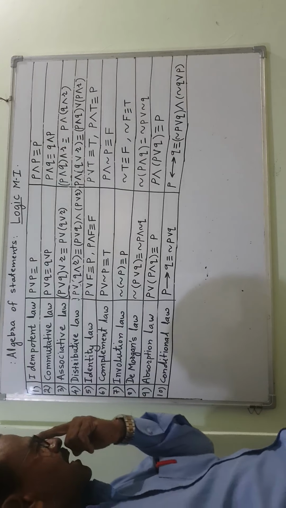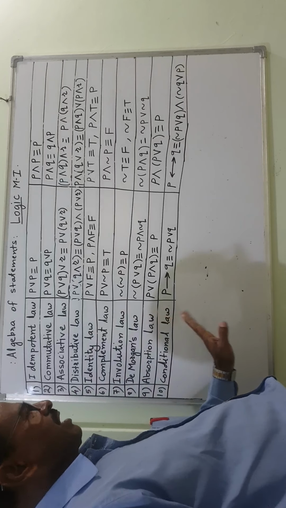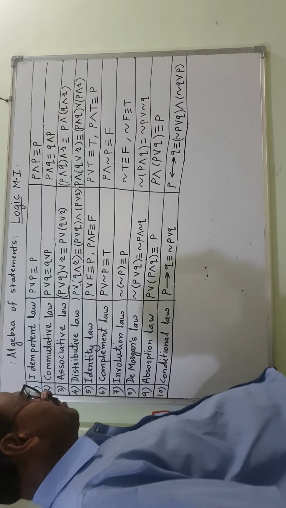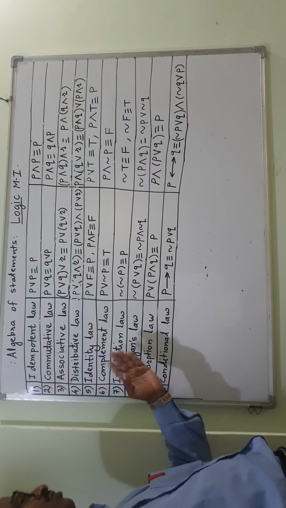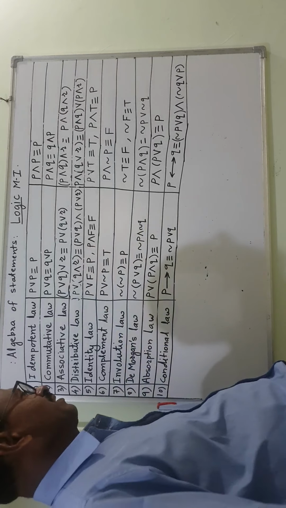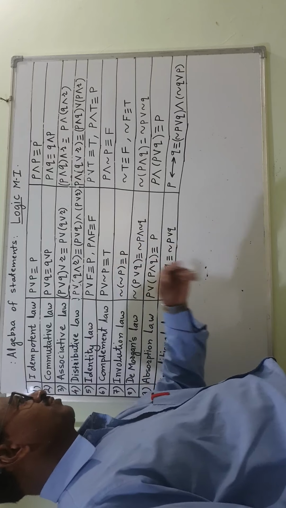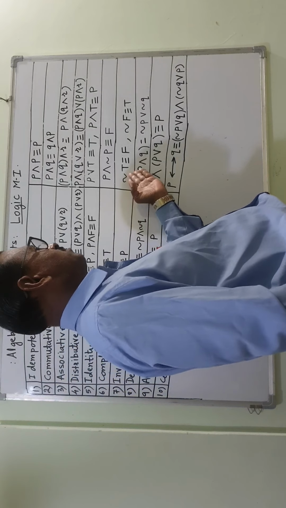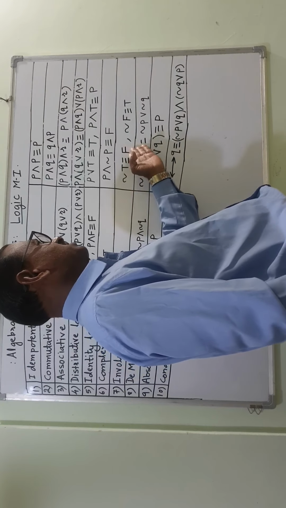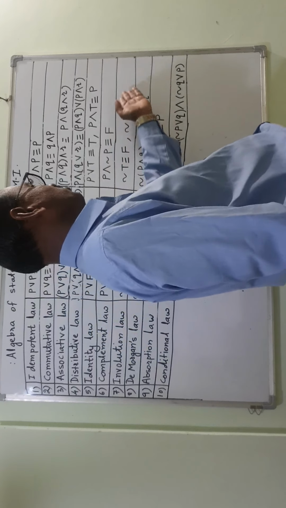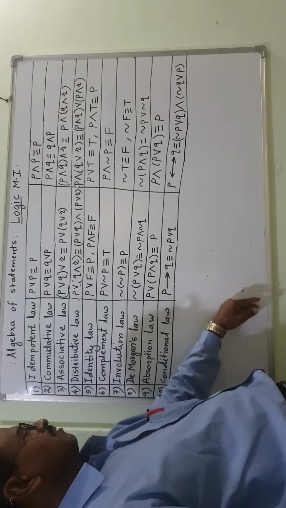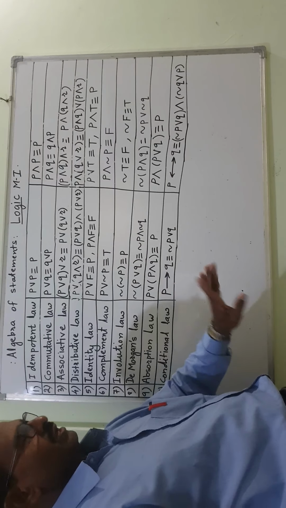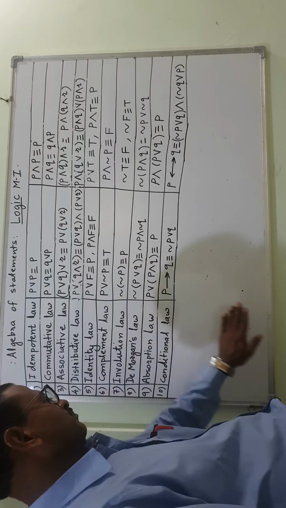If you don't understand, definitely you tell me. I can repeat this, but this is a very important topic in this lesson. You know, negation of negation P is equal to P. Negation of true is false, meaning opposite. Negation of false will be true. This law will be very simple for you. Negation of negation P is equal to P, that also you know.